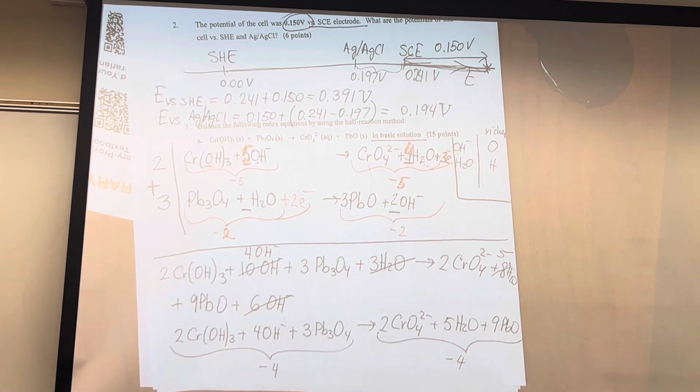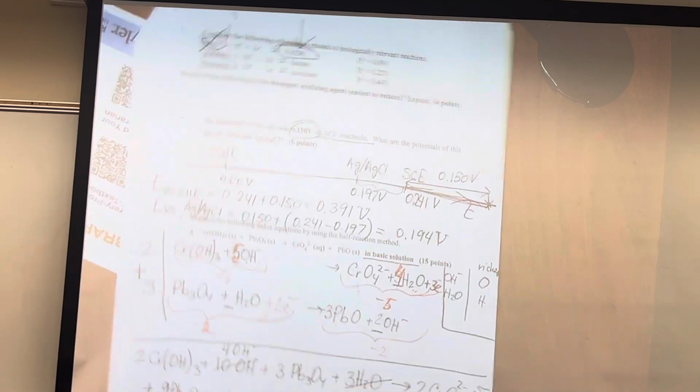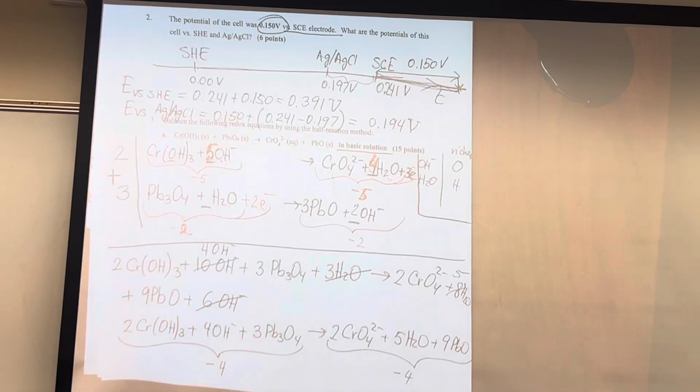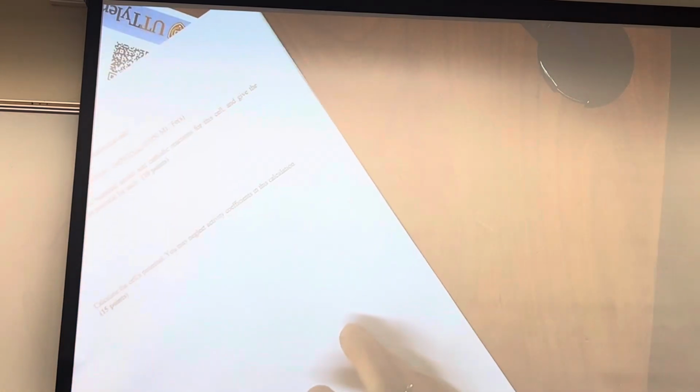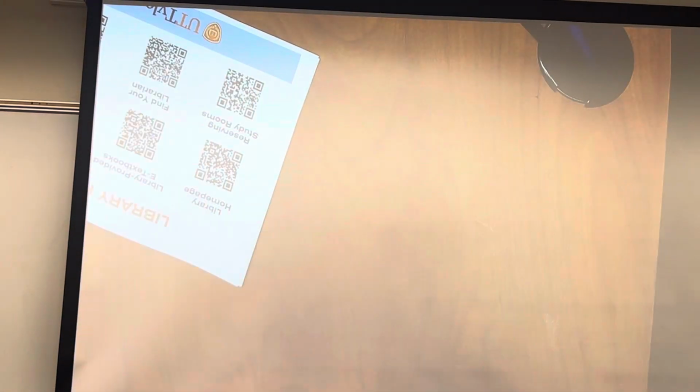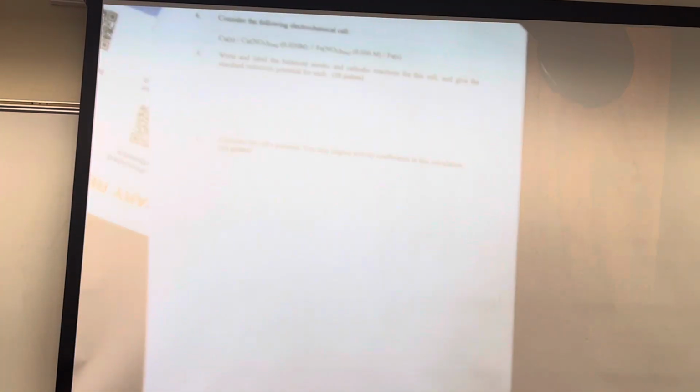All right, that's what you need to be able to do. Acidic solution means you can use H plus and water, and basic solution means you can use OH minus and water. And you should be able to do both. Good. If you have no questions, we are moving to the cell. Okay, we have